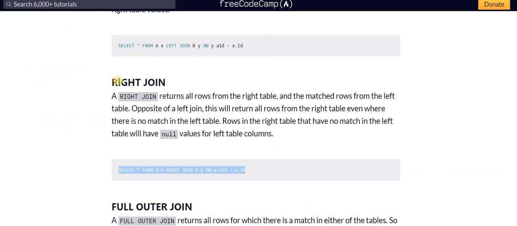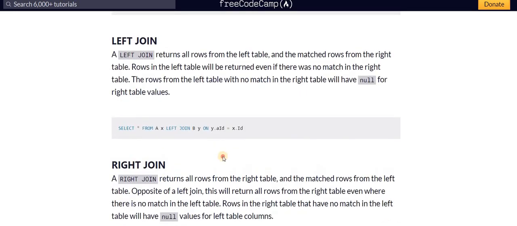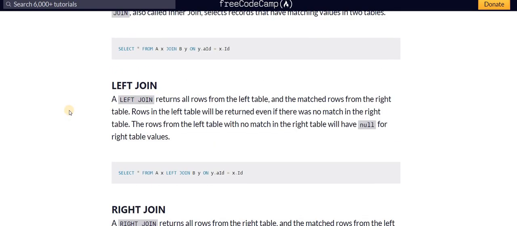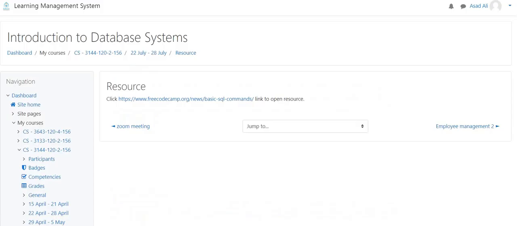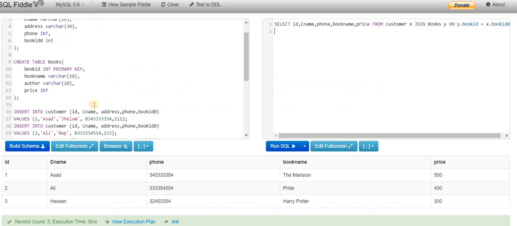Now we're going to be looking at left join and right join. So आप लोग सोच रहे होंगे left and right का word क्यों use किया? Because there are two tables here. We're doing two tables. एक table would be on the left side of the query from customer and one will be in the right side.